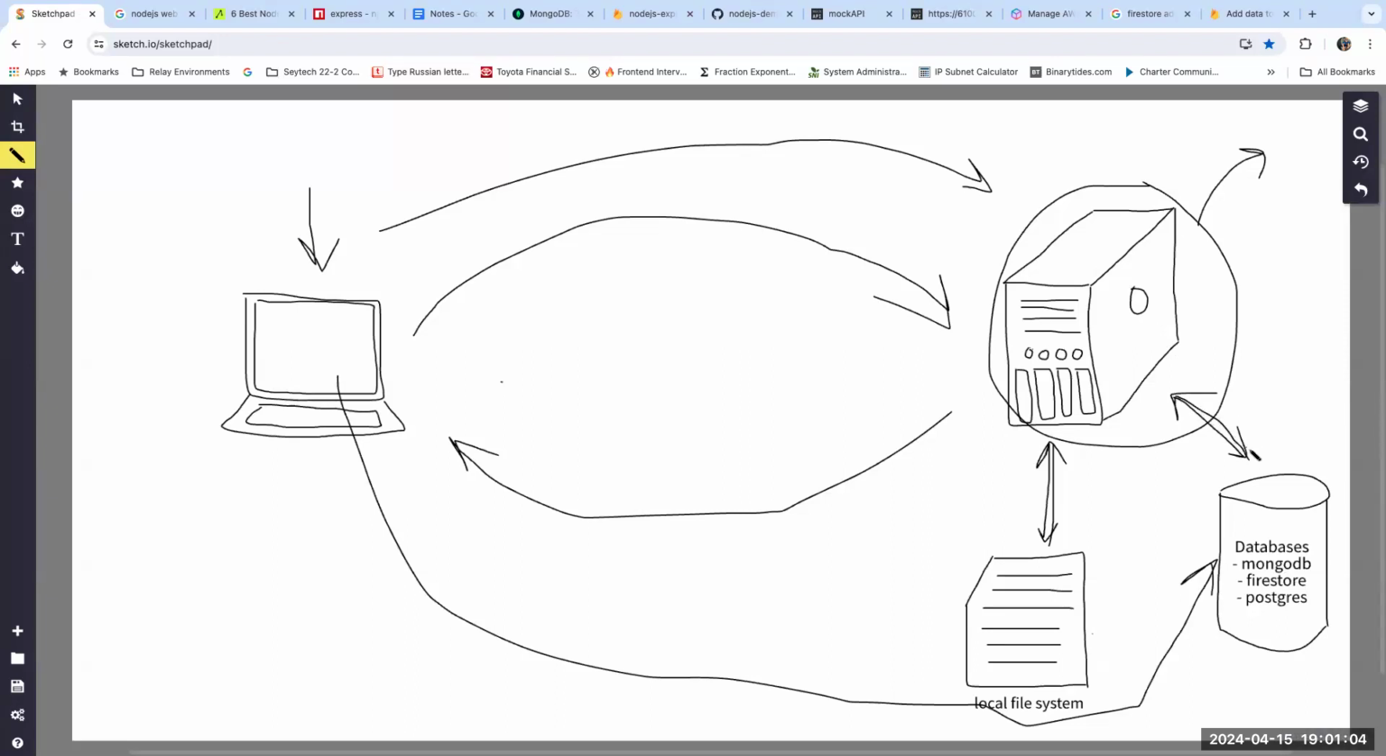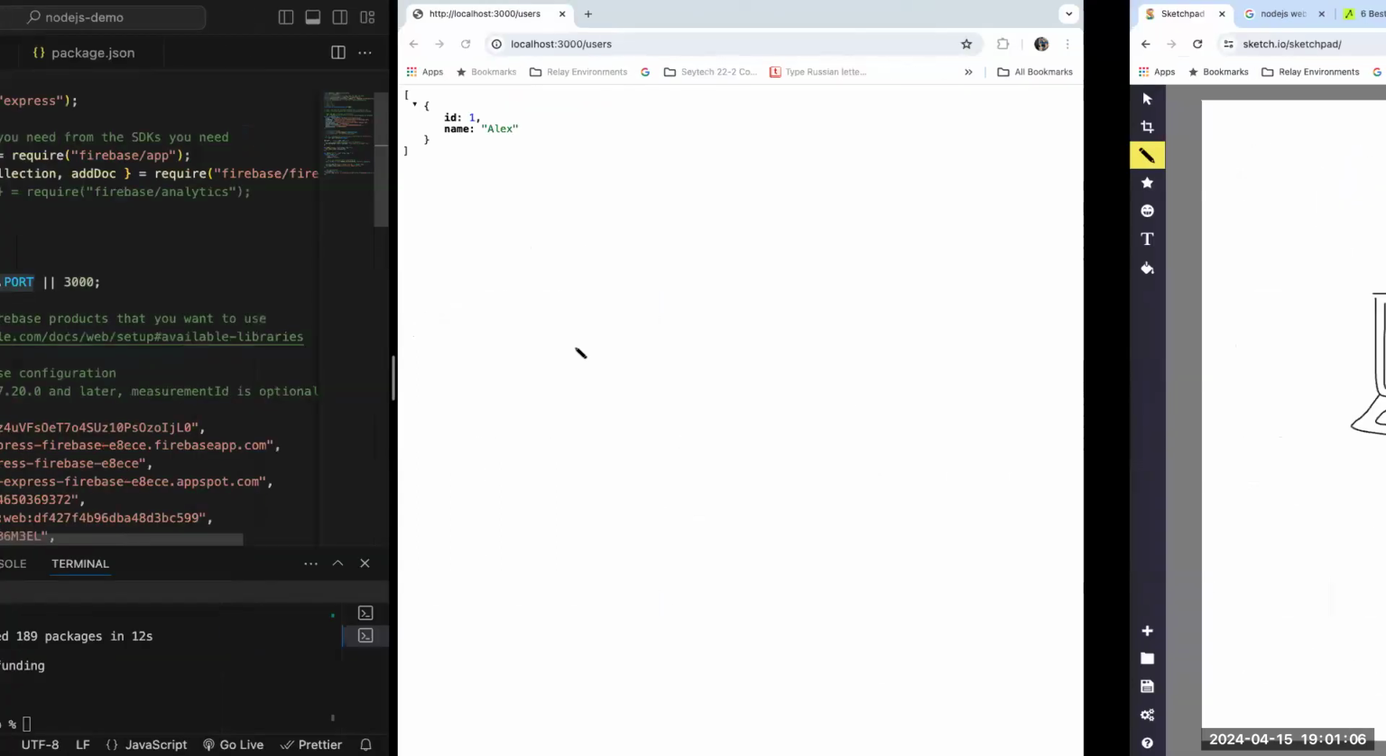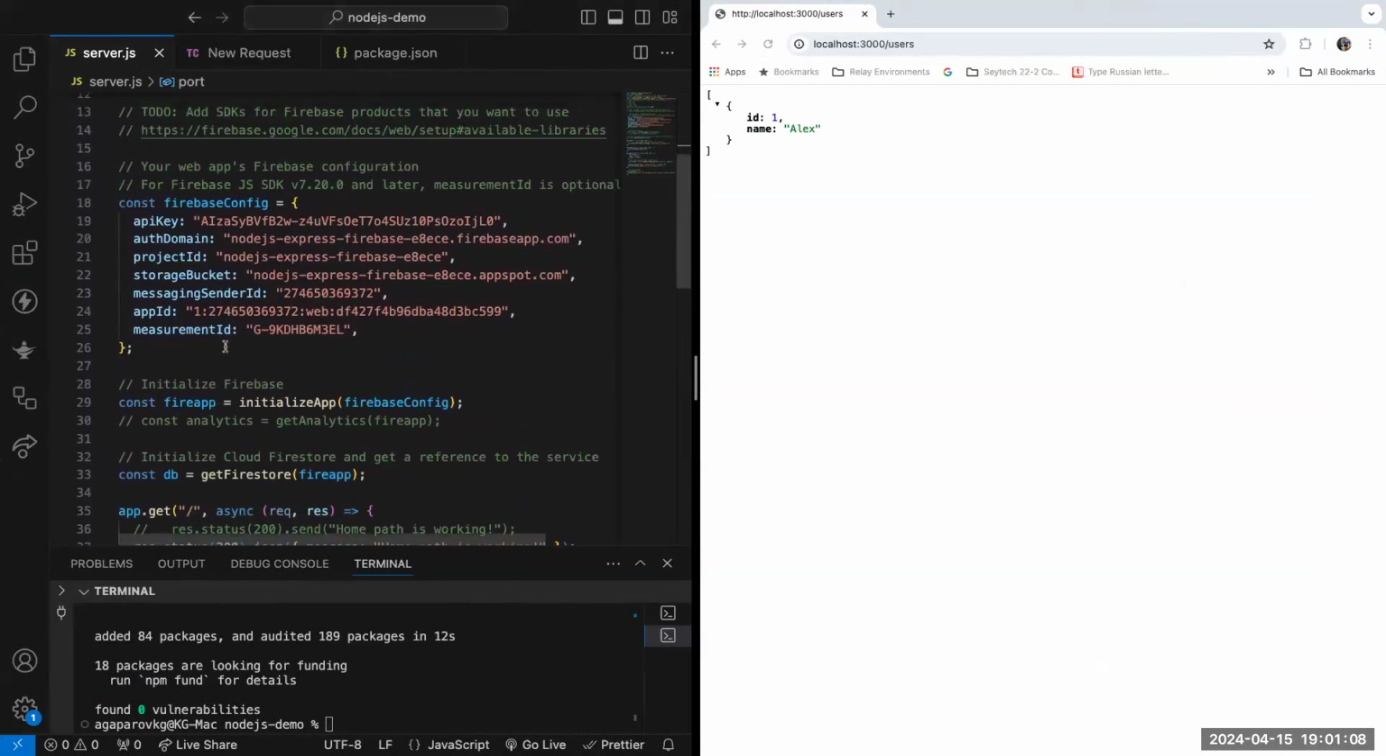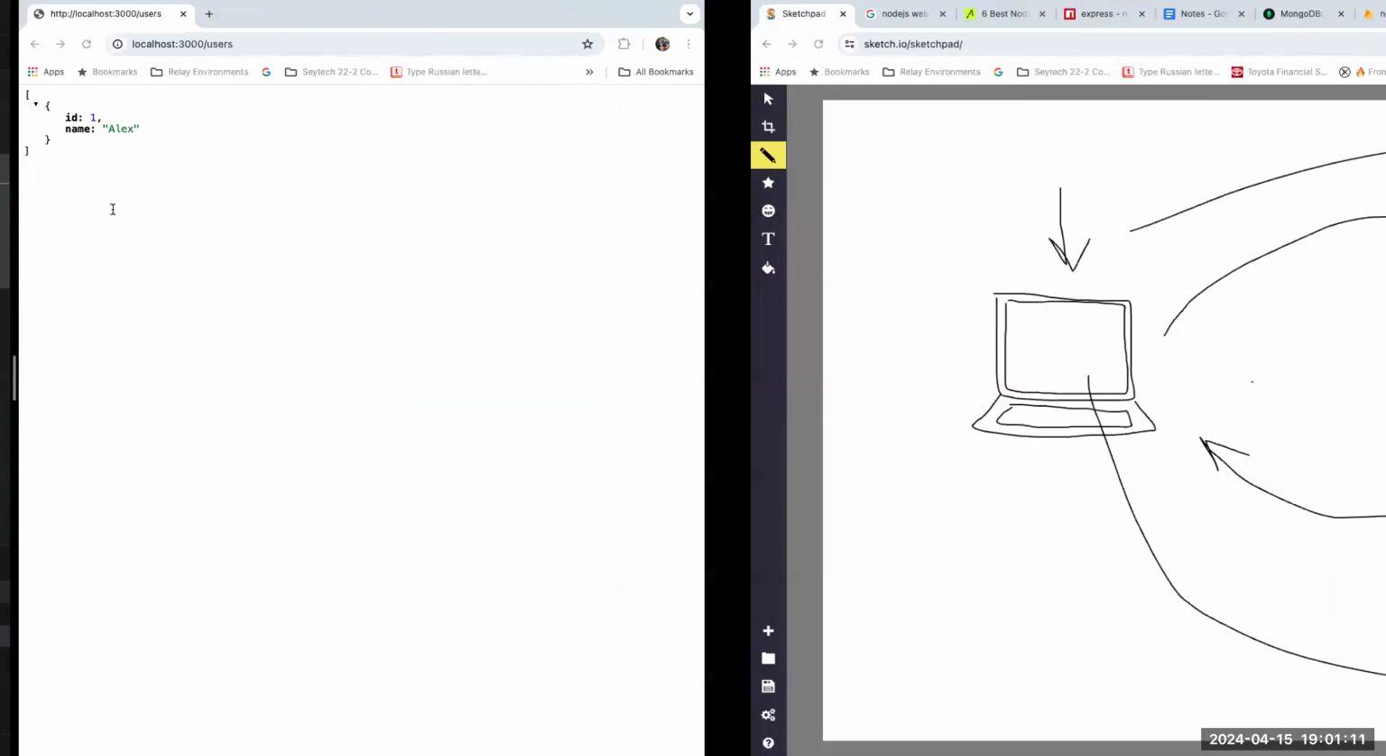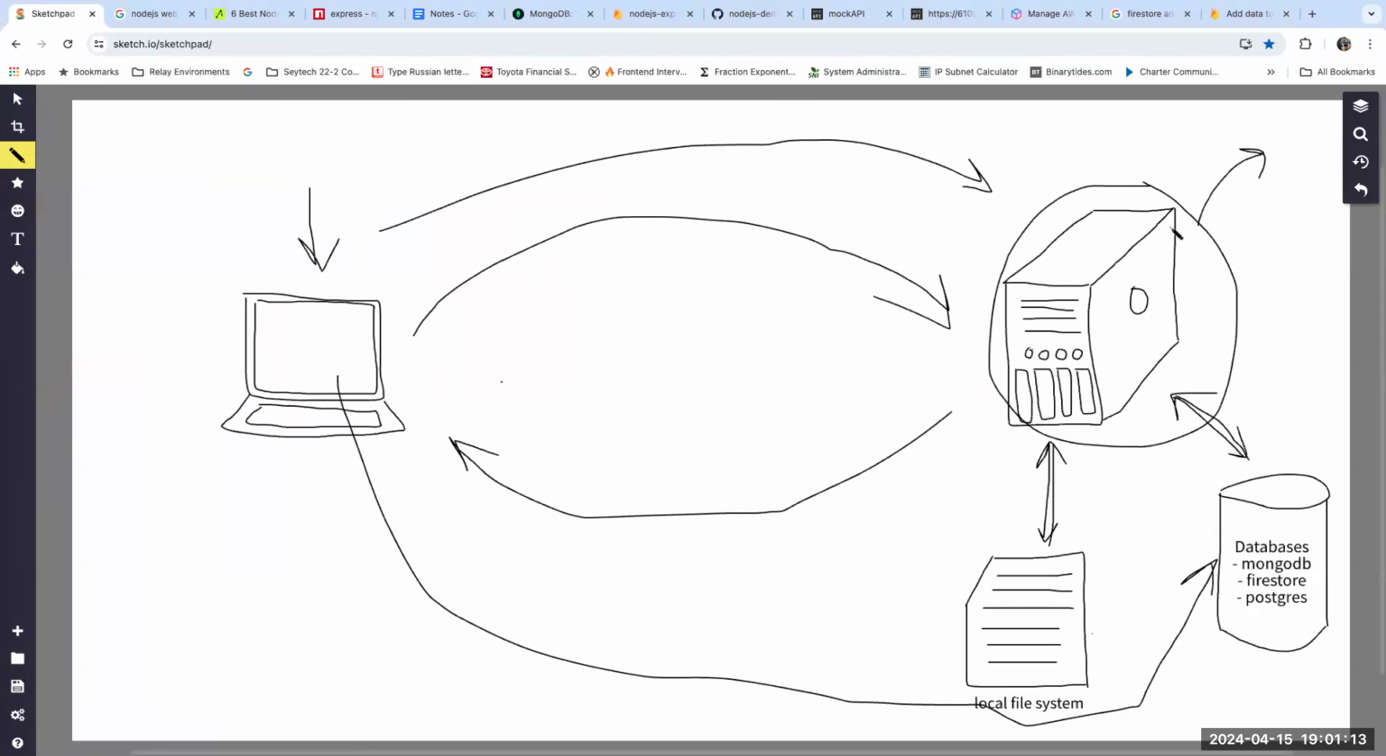Okay, I see. The Firestore configuration right here will not be changed, whether you're doing it locally or on the server. It will still be the same connection. It's just moved to another environment. That's it. Is it something like,